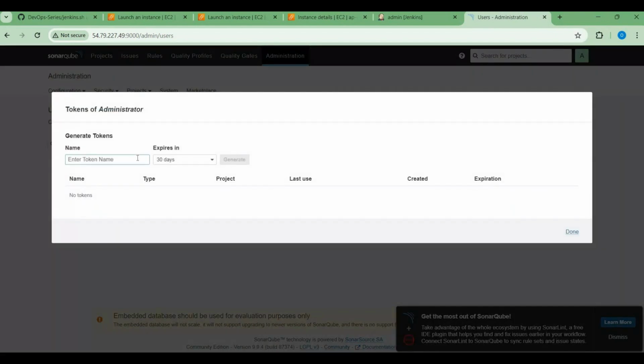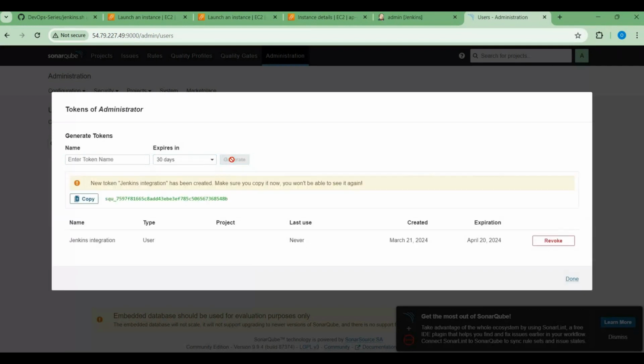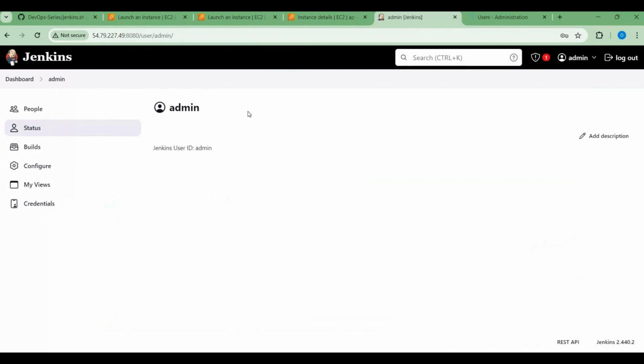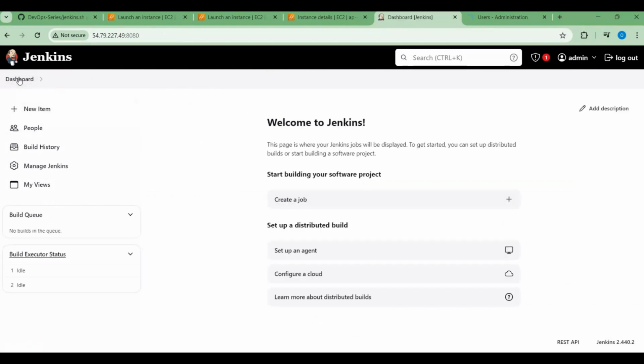I'll just call it Jenkins integration. So you can list when you want it to expire, and I'll just leave 30 days because that's the earliest, and generate and copy. So copy this and come back to Jenkins, okay? Click on, let's go back to my dashboard. So when you're back at Jenkins,